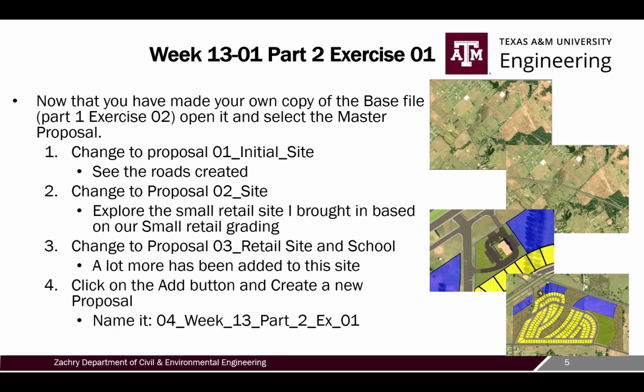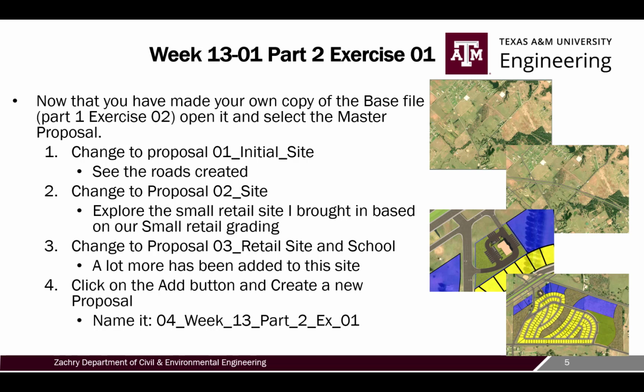So here's what we're going to do first. Now that we've made our own copy of the base file, which you should have done in Part 1, Exercise 2, if you haven't, go back and do it. We're going to open it, select the master proposal, and then I'd like you to move through the different proposals. I have 3 different types. The initial site, which is the area that we've been working our project in, but I've added the highways. We're going to have a